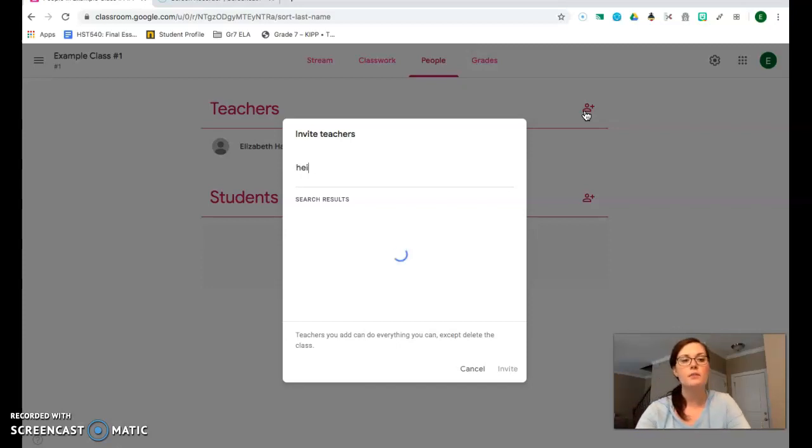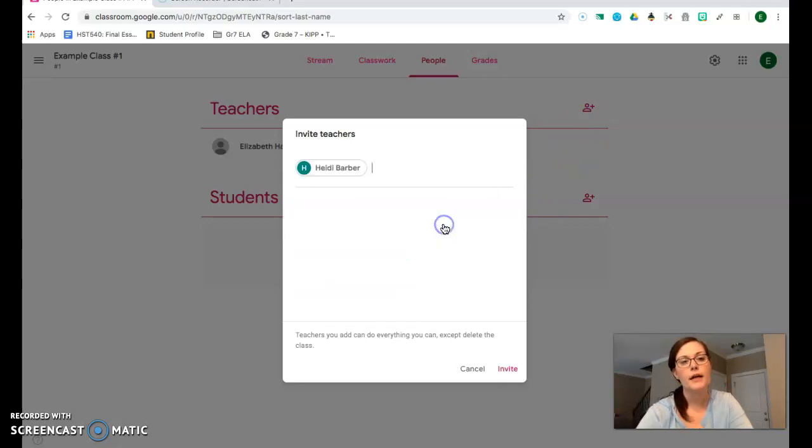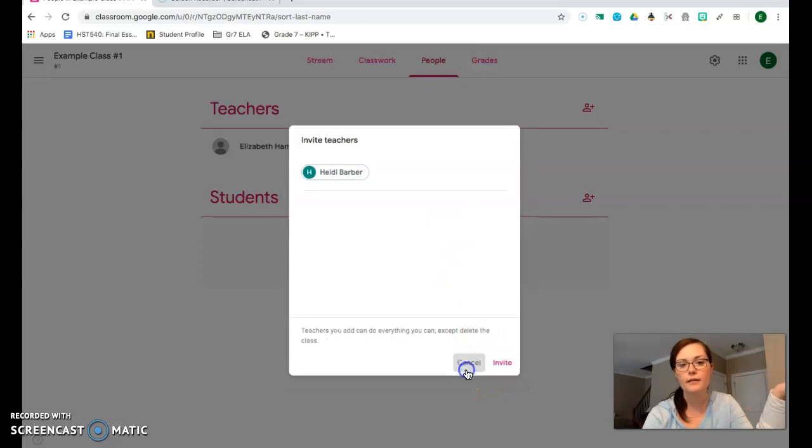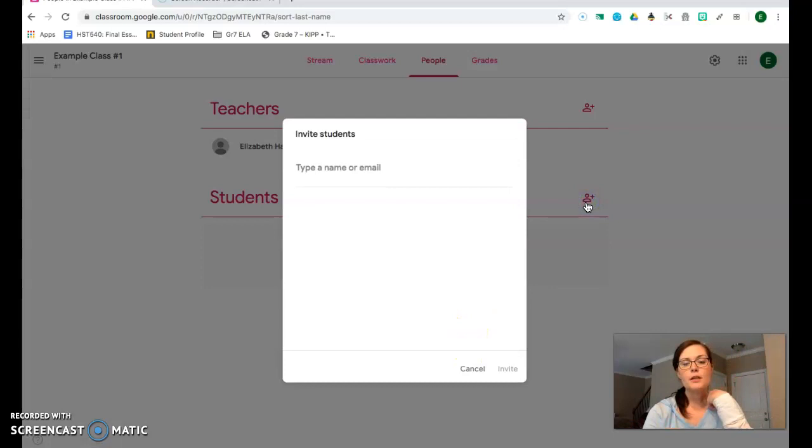You'll simply type their name. So say I want to add Heidi Barber. So I'm going to click on Heidi Barber, and then I'm going to invite her to join my class. This will automatically send them an email saying, hey, come to this person's class. You can do the same thing with students. Now, you could go in and type all of your students' names if you wanted to,